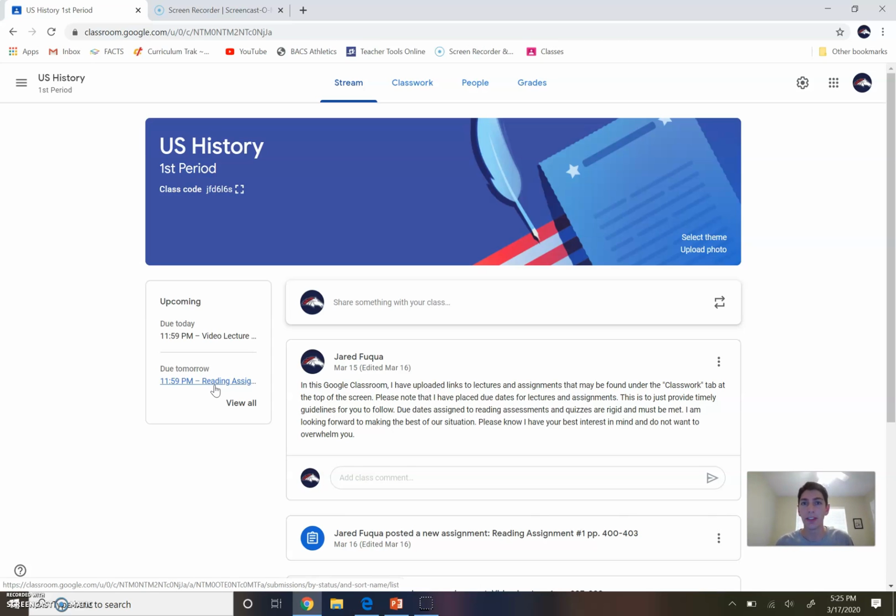If I don't do it as a completion grade, it's for accuracy. And I only have sometimes 2 or 3 questions, so that means they can be worth a lot of points. For these homework assessments, you can use your book. It's basically like an open book quiz. So there really should not be any reason why you just blatantly miss one if it's in your book. And I try to word my questions as clearly as possible to prevent any confusion. So make sure that in the future reading assessments you do use your book if you have to in order to answer those questions correctly, because that is a grade and I am checking for accuracy. But for this reading assessment number 1, I am just taking a completion grade.